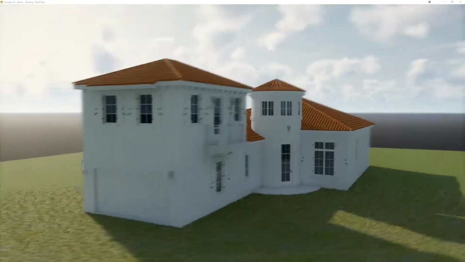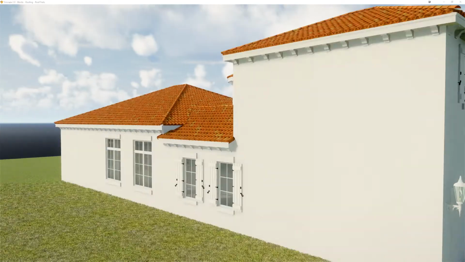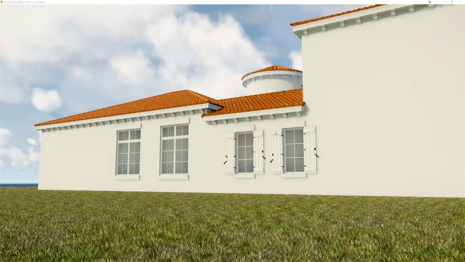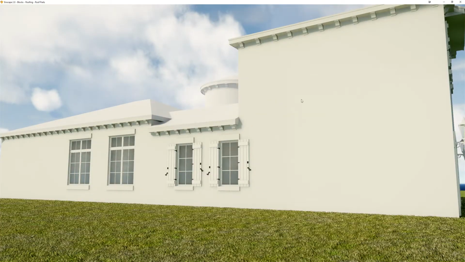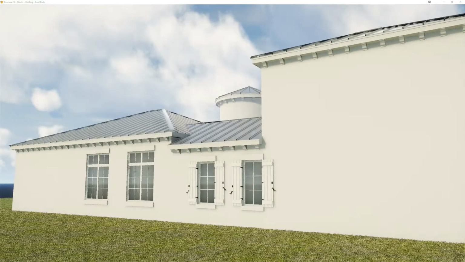So you can just see how, in rendering, the roof just looks so much better. Because if I were to turn it off, just how flat it is. Now if I go through all the different variations,